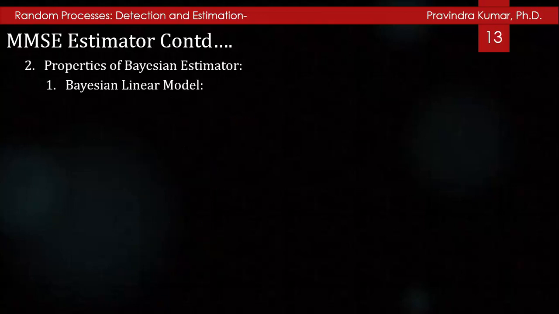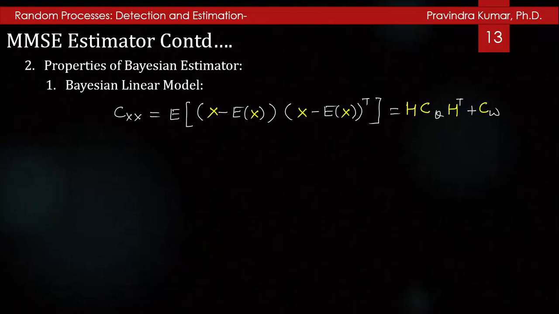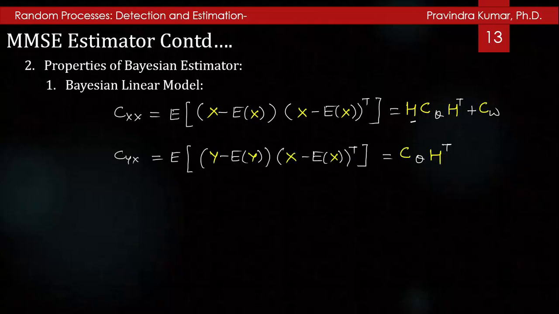The covariance of x, Cxx, is the expected value of (x minus E[x]) times (x minus E[x]) transpose, the correlation of the centered random variables, and it will be equal to HCθH transpose plus Cω. The cross-correlation Cyx is the expected value of (y minus E[y]) times (x minus E[x]) transpose,